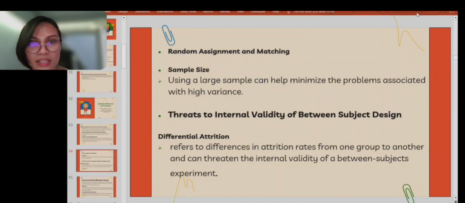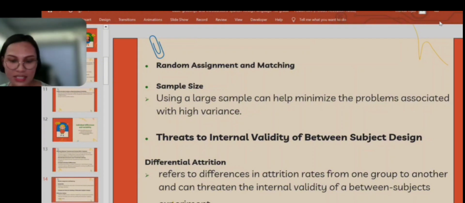So random assignment and matching. So sample size. Using a large sample can help minimize the problem associated with high variance. So pag malaki kasi yung sample, better control of variability. So high variance can attribute to random variation with better sample. So increasing the sample size helps control this randomness by allowing researchers to average out the effect of individual variation, leading to more stable and